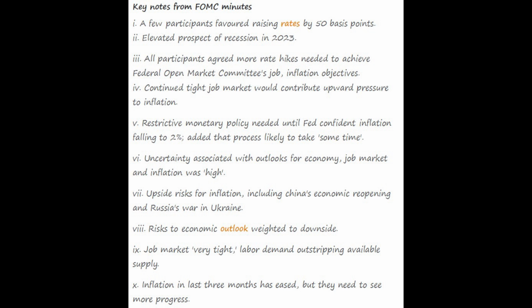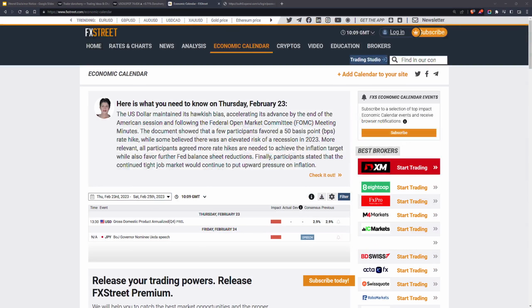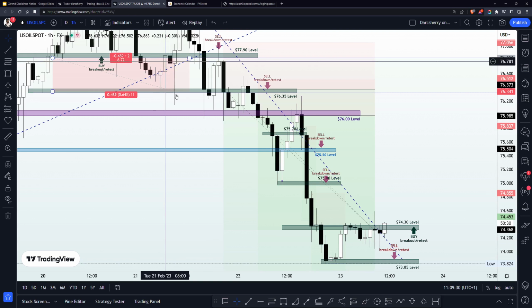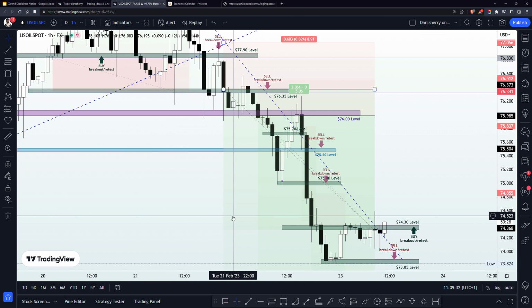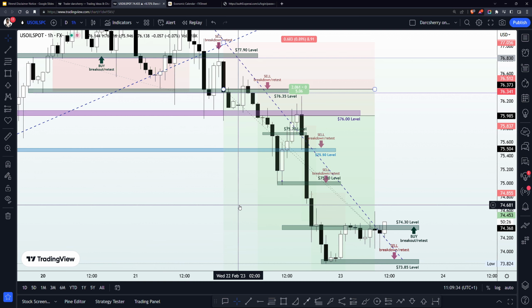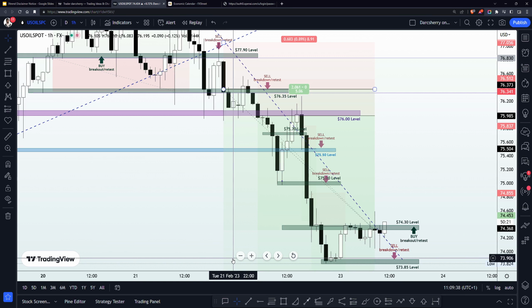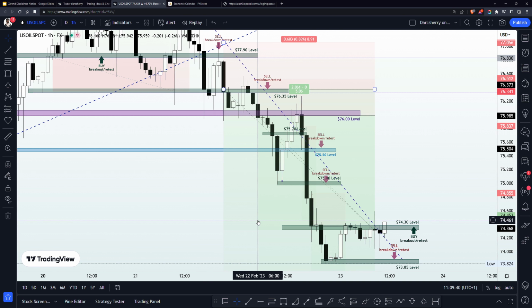More importantly, we want to see how the market is going to be reacting to this news, and we're beginning to see some traction for the US dollar in that regard, as we saw our price action move in that direction. So we are going to be looking at that in a couple of minutes. The first commodity we are going to be looking at this morning is the US oil, as usual.